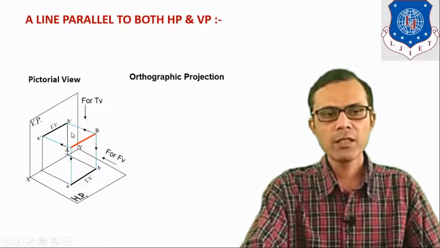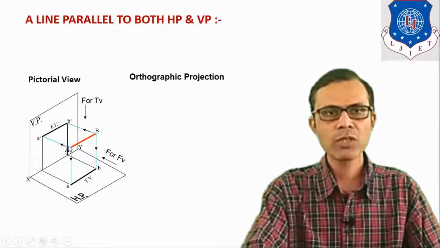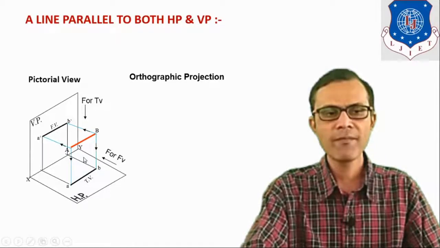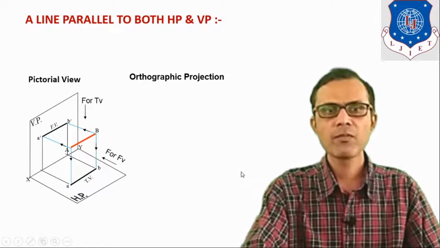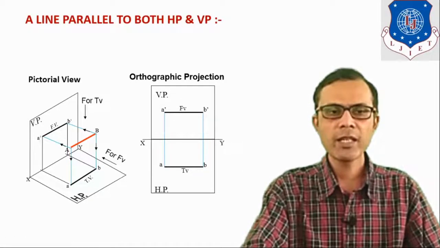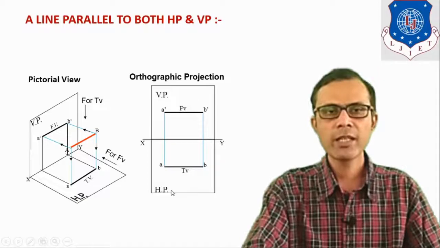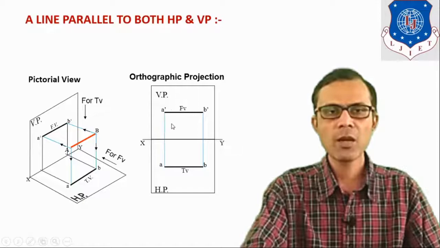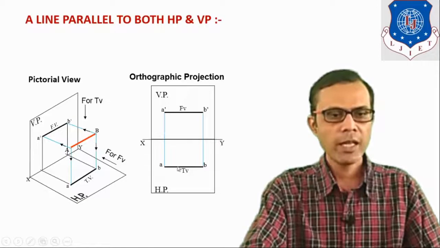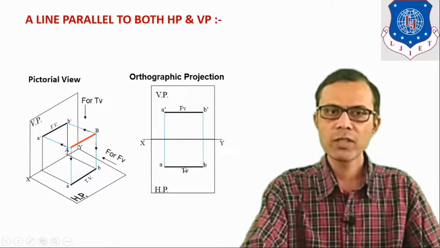Now from the XY line, this AB line is above HP, so that much similar distance is here. For the front view it is above HP and in front of VP, so that similar distance is here, in front of VP. For the orthographic projection, HP is rotated in clockwise direction by 90 degrees, so here is VP, and below that is HP. This line is the XY reference line. Above the XY line, this distance is above HP. It shows A dash B dash, the front view for the given line, and AB is the top view for the given line.